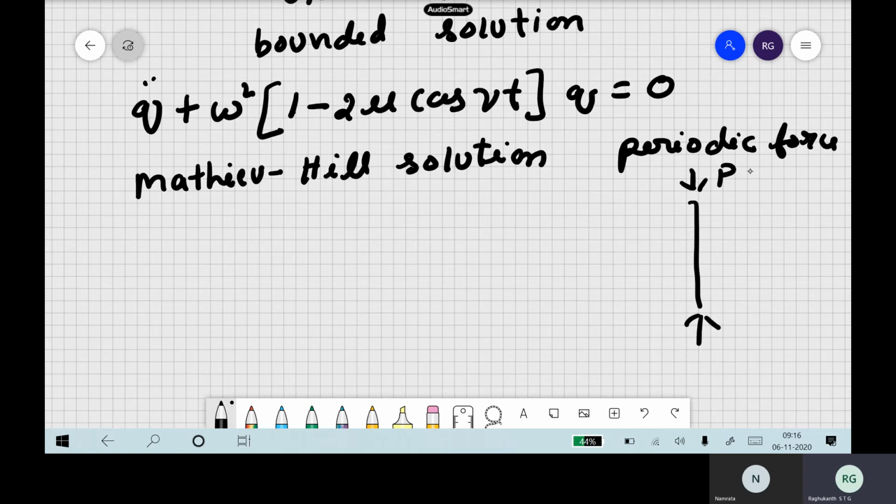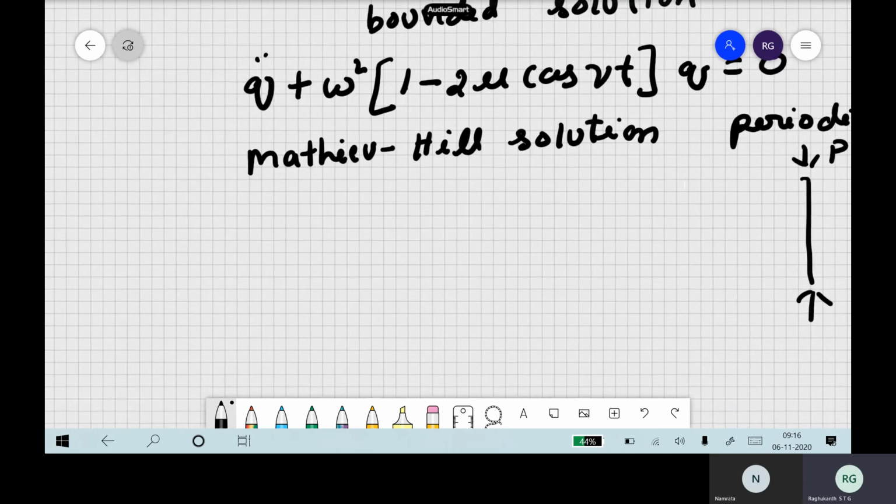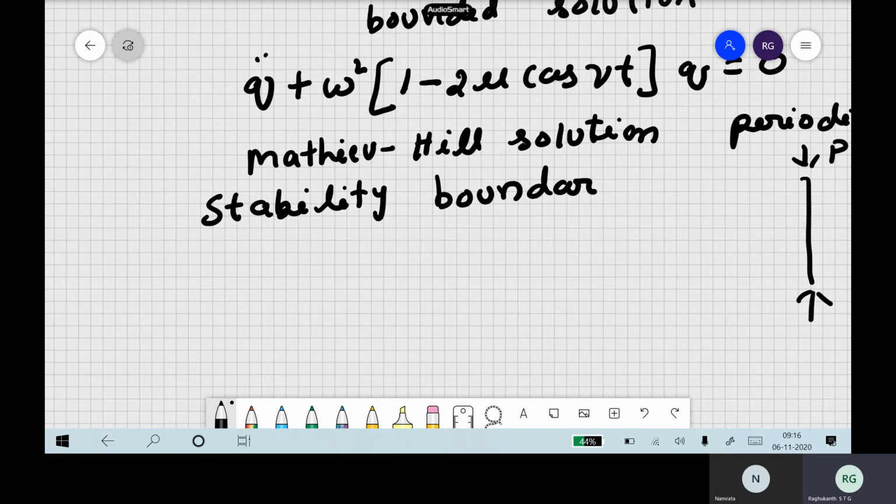So it's applied, P cos, this type of sinusoidal load itself. This is the equation of equilibrium motion which we derived long back. Now let us look at the solutions. Here we are not interested in the response or something like that. We are interested in finding the stability boundaries. What are the regions where my solution becomes unstable? This is what we are actually interested in.